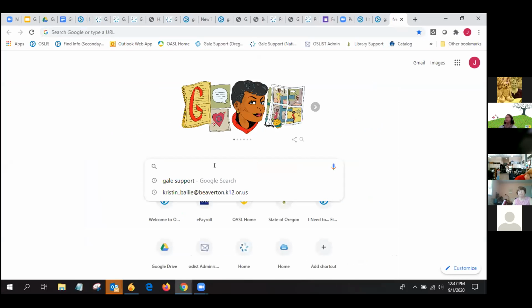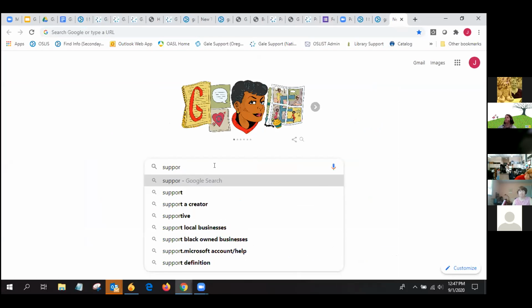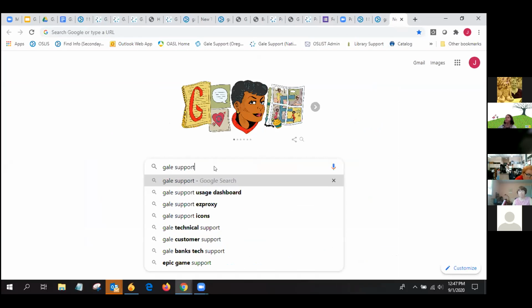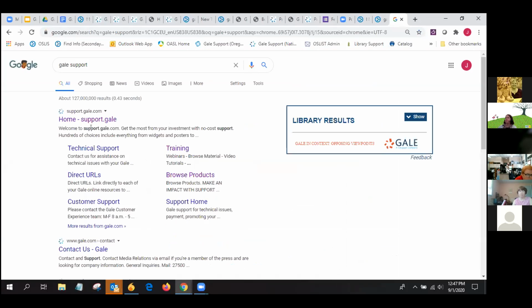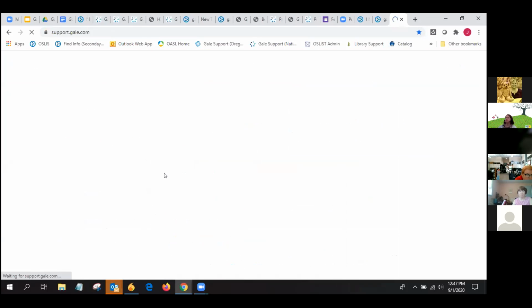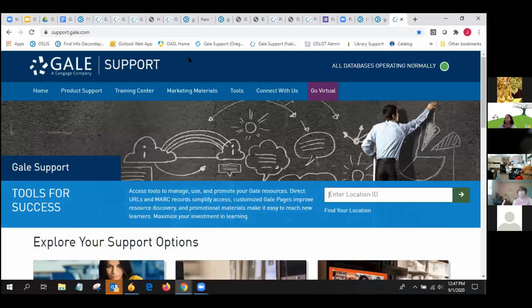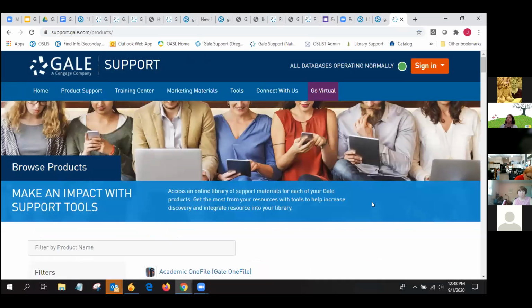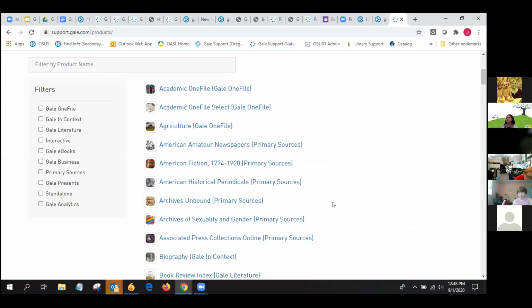Let's say I don't remember the URL, so I want the Gale support page. So I'm gonna type in Gale support. And boom, it's the first link. Okay, once I'm on the Gale support page, I'm gonna go to Product Support, Browse Products. And once I'm there, I'm gonna look for the database I'm most interested in, whether I